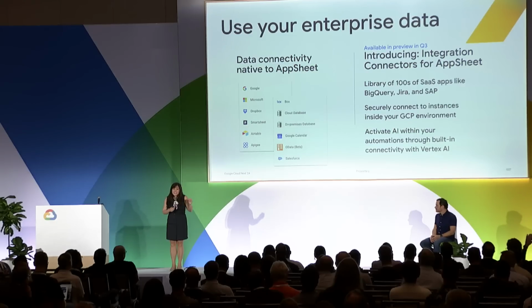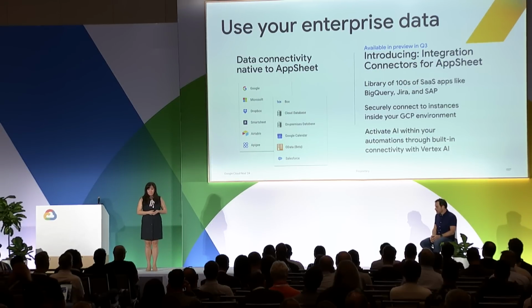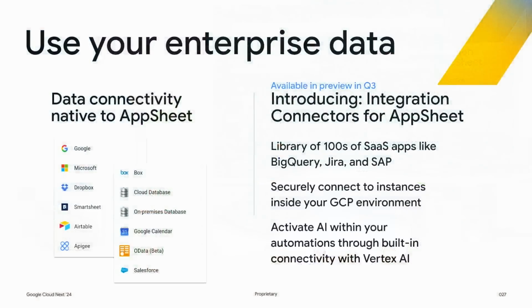So your AppSheet creators will be able to use data from even more enterprise systems, like Jira and BigQuery, and some of the new ones that were just recently announced, like Trello, Teradata, Google Classroom, and YouTube Analytics. So you can give your creators access in a way that's governed. So your data stewards can configure connections, and then your AppSheet creators can then use those connections to add that data to their apps. And with connectivity to Vertex AI, your creators can even use your own models.